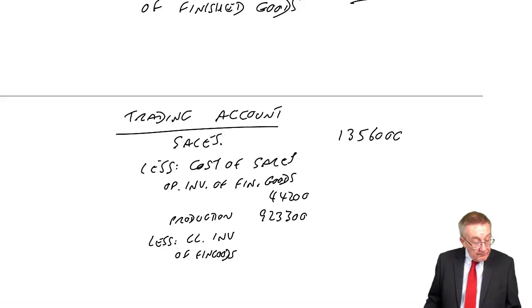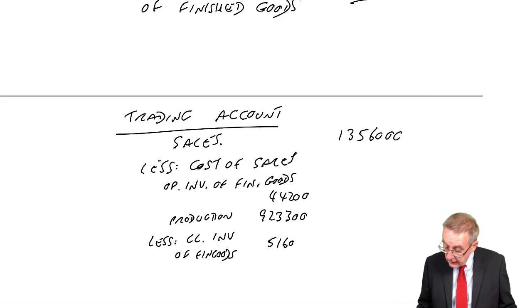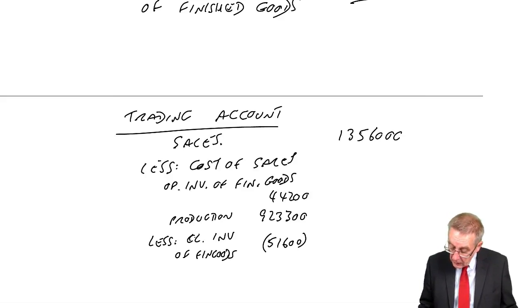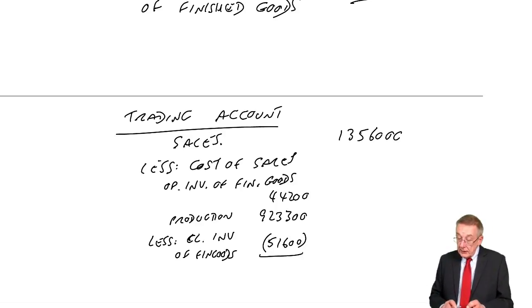Note 1, 51,600 closing inventory, which gives us a cost of sales